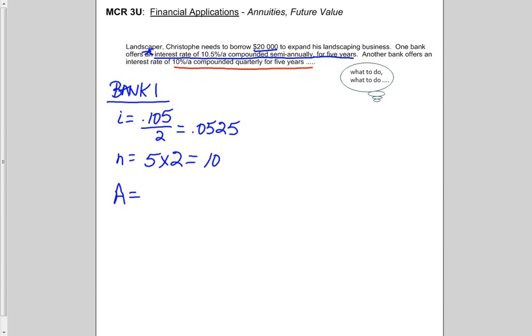The amount. He borrows $20,000, 1.0525 to the power of 10, and the amount is 33,361.92. So the interest he would pay Bank 1